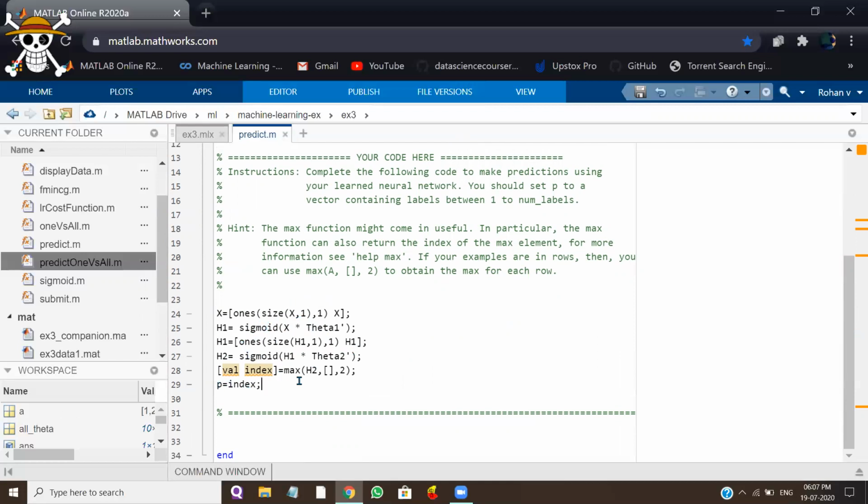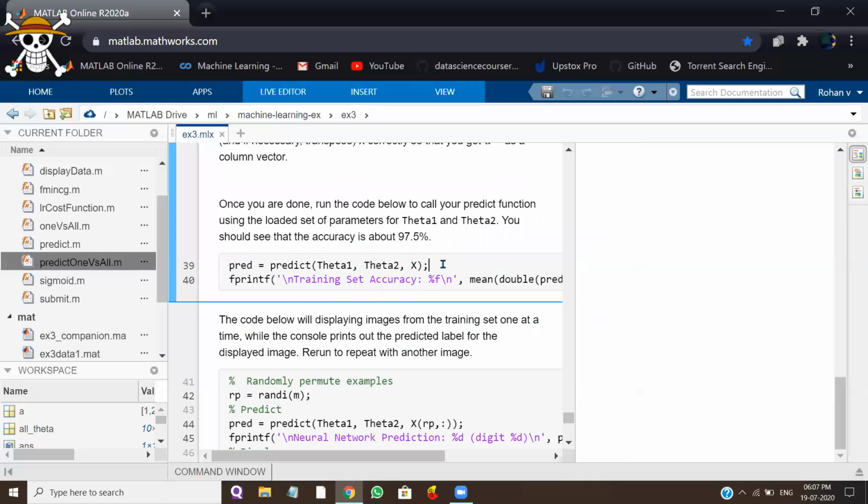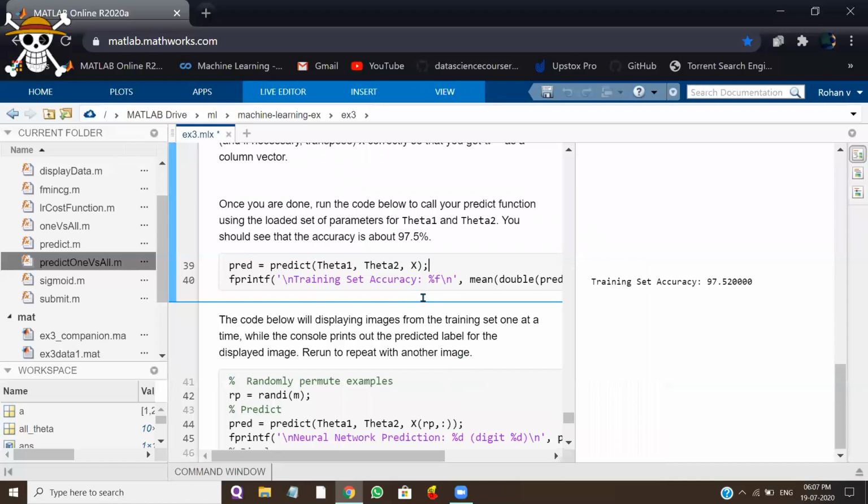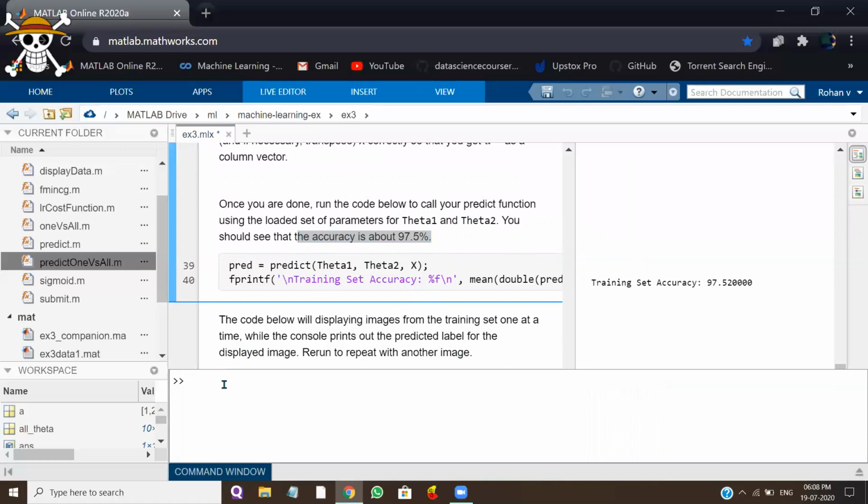Just save it, exit this, then execute this. Here you can see the accuracy is about 97.5. Now just go to the command window and press submit.